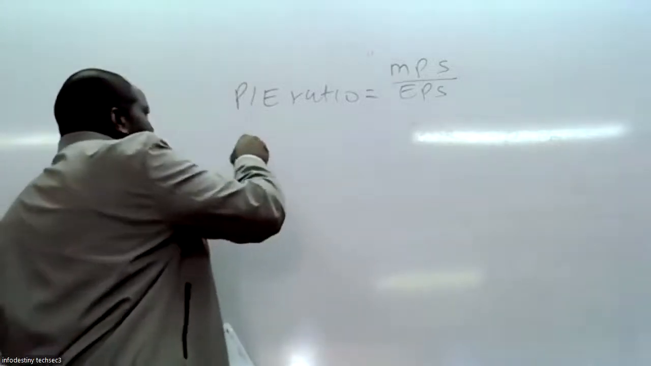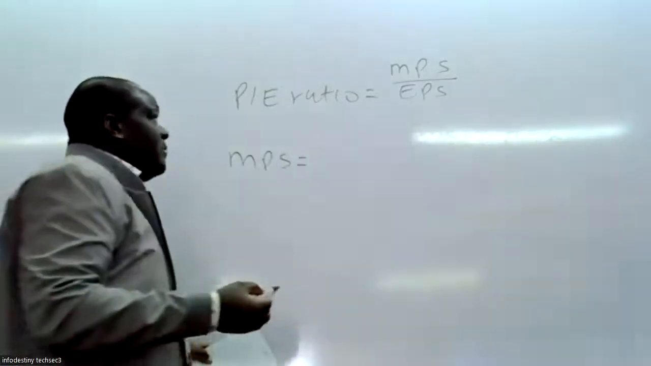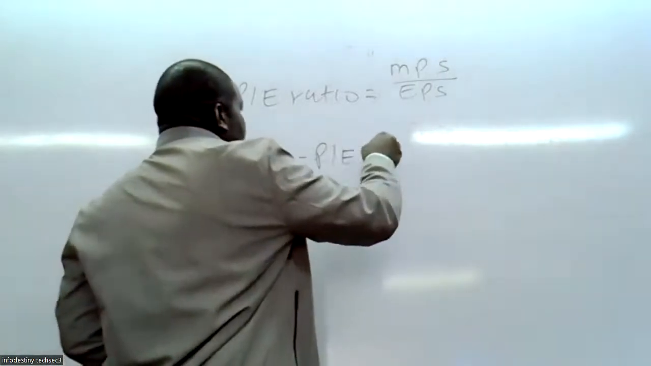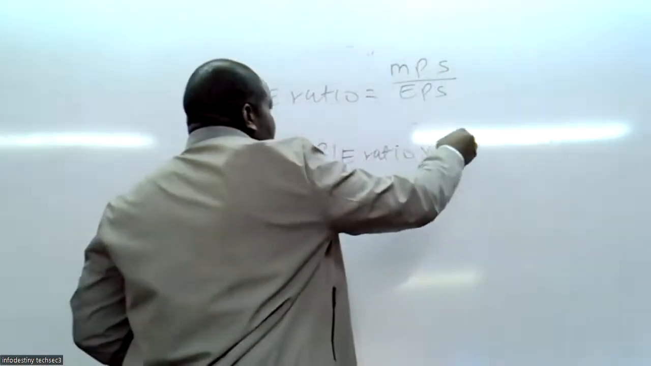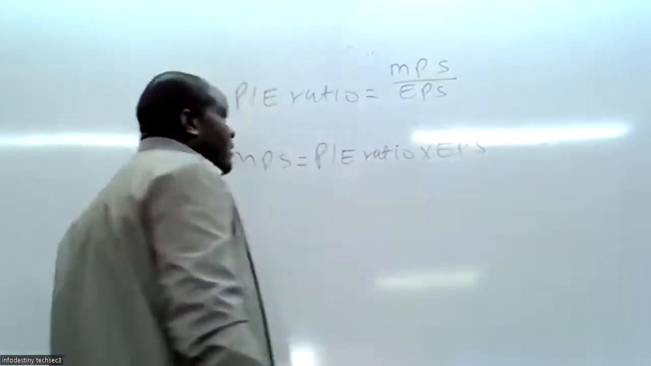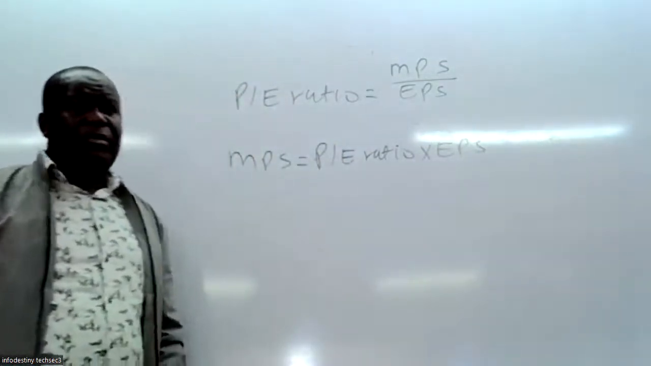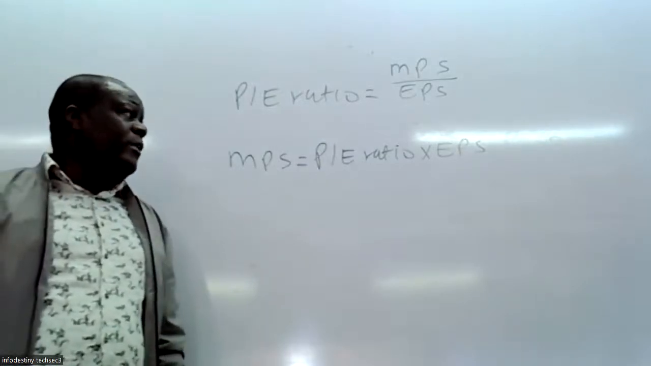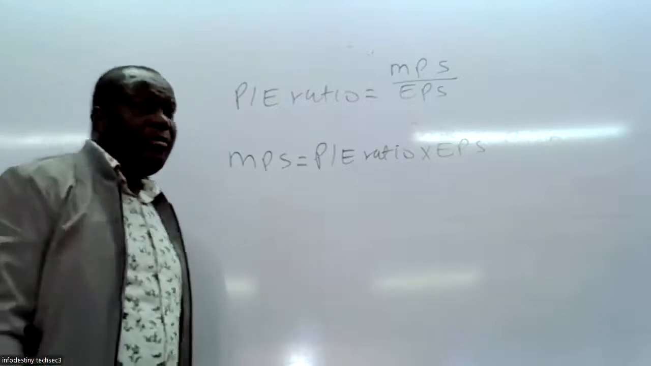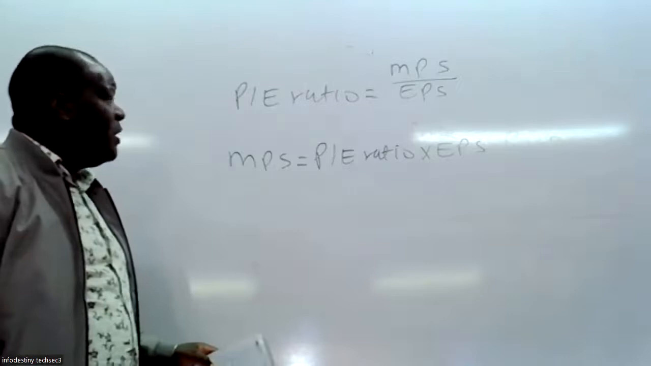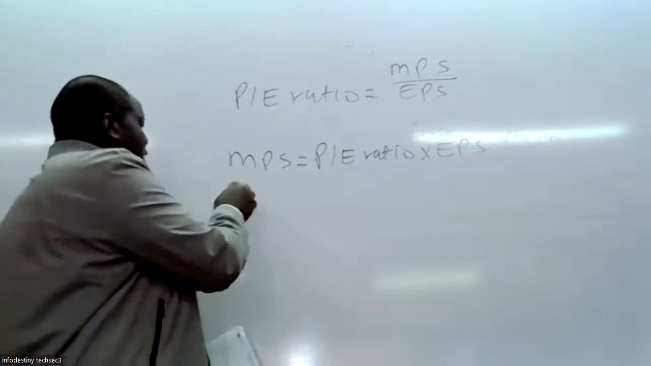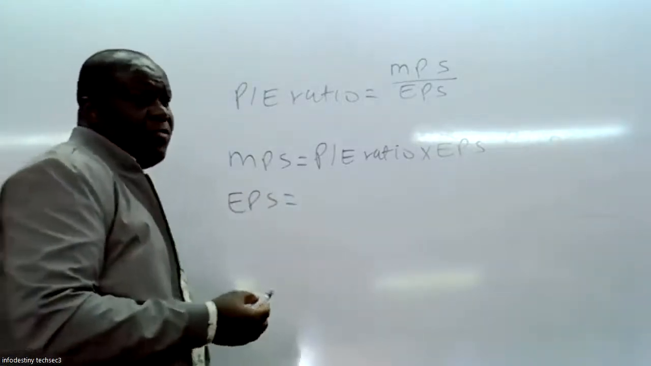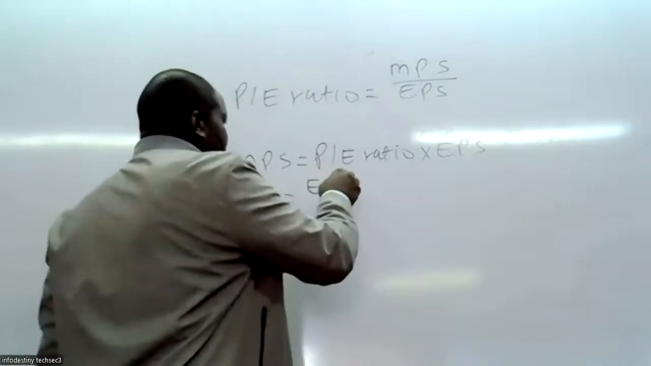When you make market price per share the subject, it will be given by the price earning ratio multiplied by the earnings per share. Then, to get the earnings per share, earnings per share will be equal to earnings available